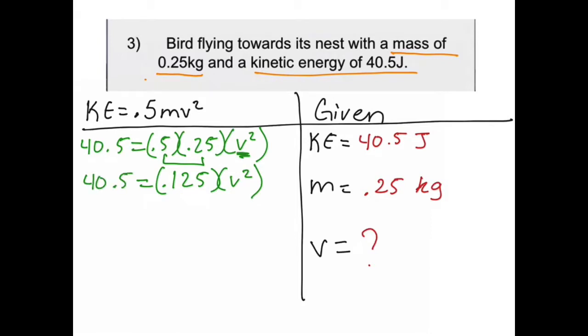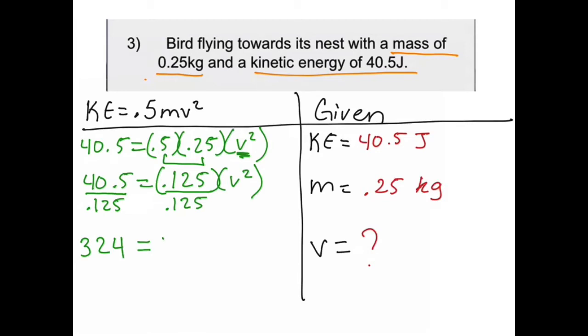Now, my next step, again, I want to make things as easy as possible, so I'm going to go ahead and keep handling the numbers. So I'm going to move this. The only way to move this from multiplication is we divide. Whatever we do to one side of the equal sign, we do to the other. So we have 40.5 divided by 0.125. Alright, that gives me, whoa, let me double check that. I did multiply, haha. I'm supposed to divide by 0.125. I was like, that number doesn't look right. Alright, it is